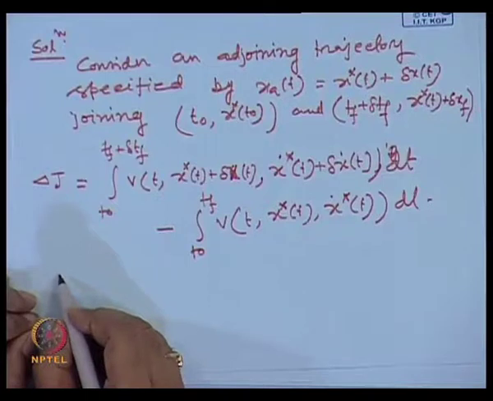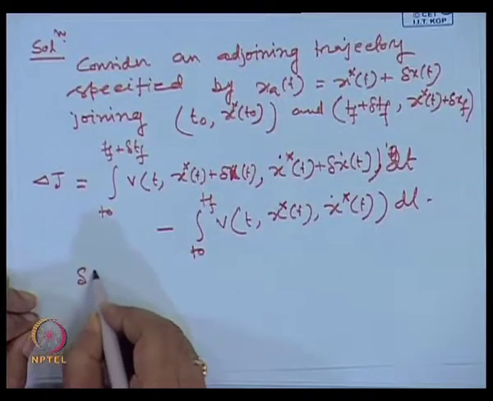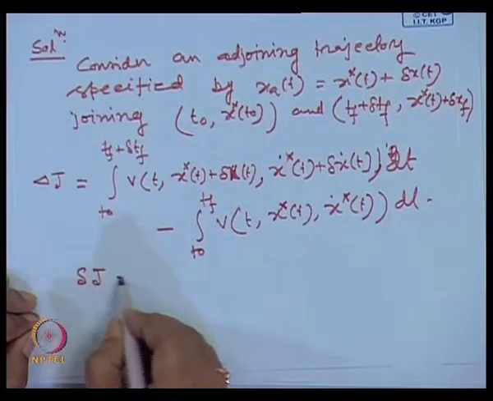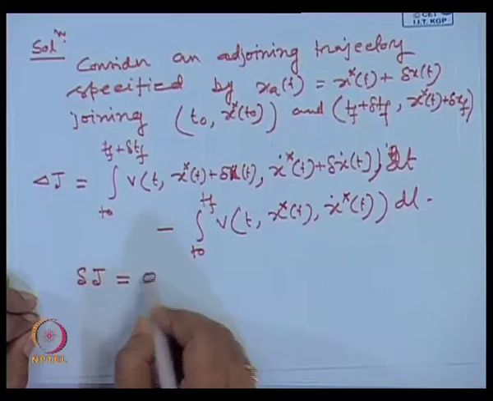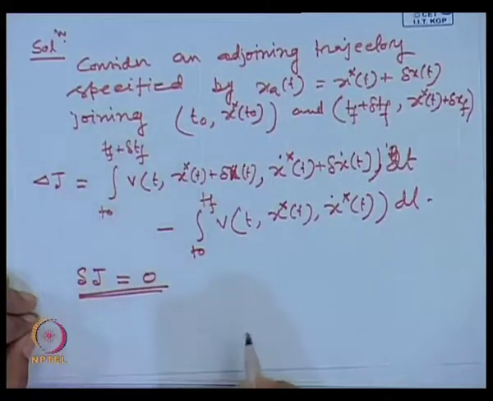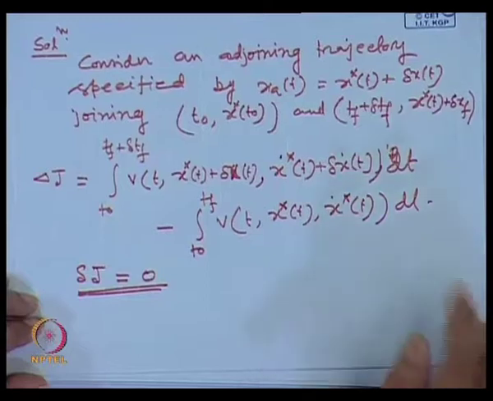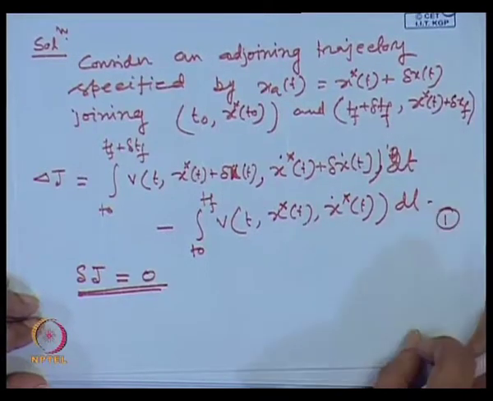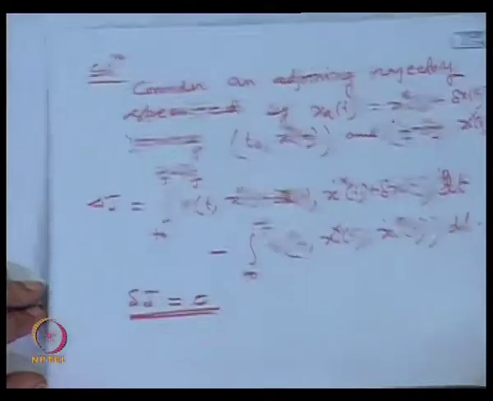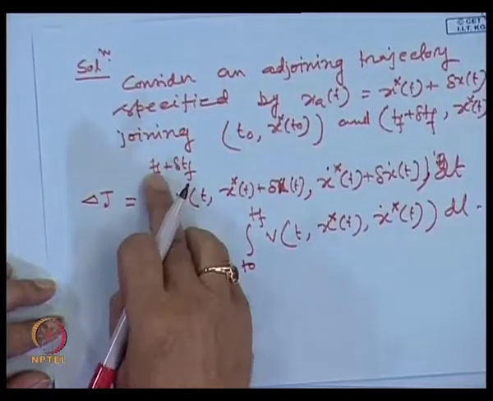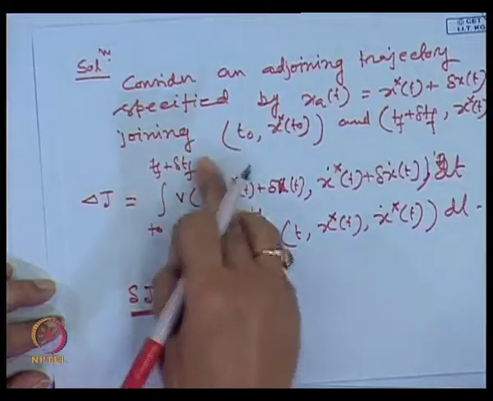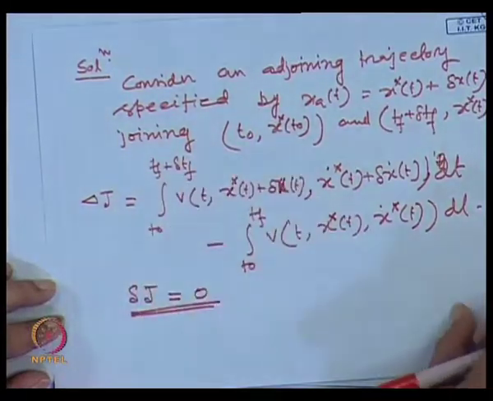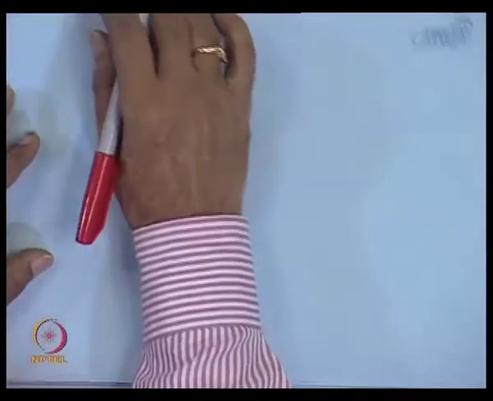So for a necessary condition, what is the necessary condition? The first variation of the functional value will be assigned to 0. This is our necessary condition. So, let us call this equation number 1. From equation number 1, what can we write? I split up the integrand into t0 to Tf plus Tf to Tf plus delta Tf. So, from equation 1,